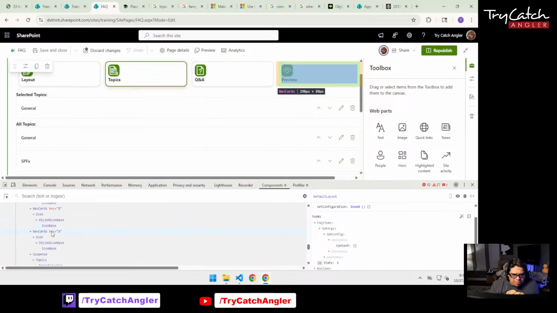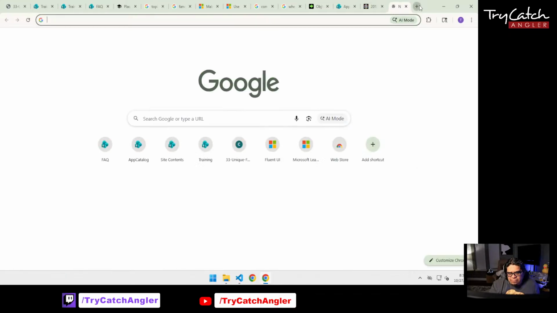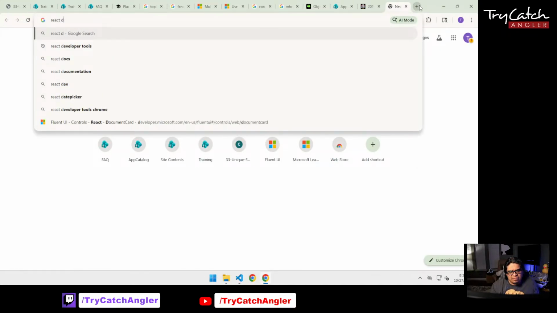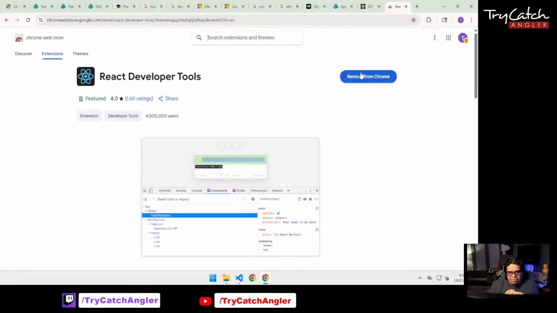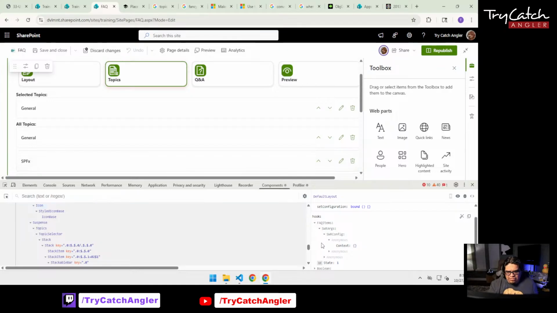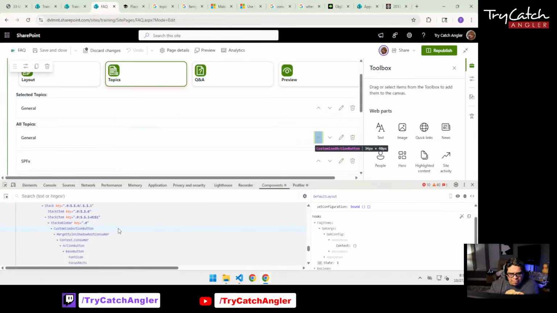Let's go into the React developer tools. Just install this from the Chrome web store, and you'll see what I see in the troubleshooting. This is very, very handy so that you can see as you're making changes on here. All right, so where was I? We were looking at